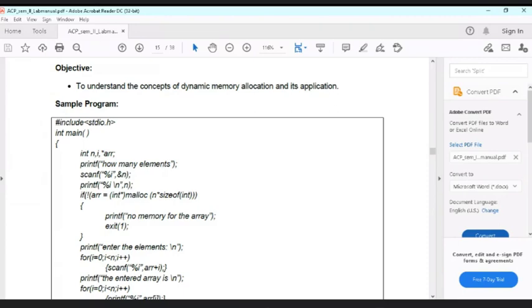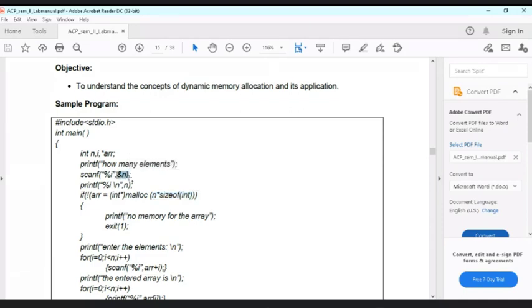Say for example in this case we are having an integer array, so it depends upon this value of n, how many elements we are having, right? And then from this argument we get that the size of the array is going to be n multiplied by the size of the integer data type, right? That is n into 4 bytes. So ultimately how many elements are going to be there in the array?